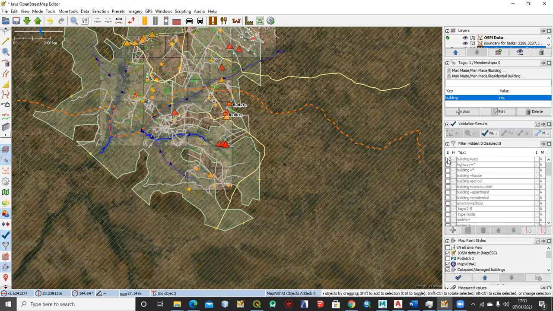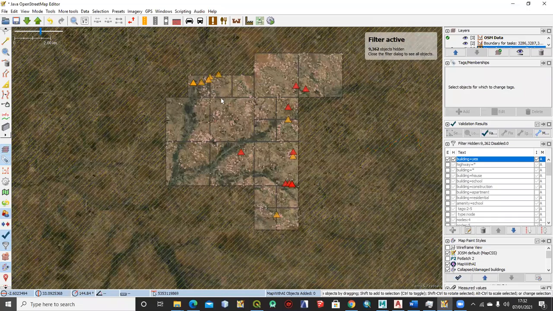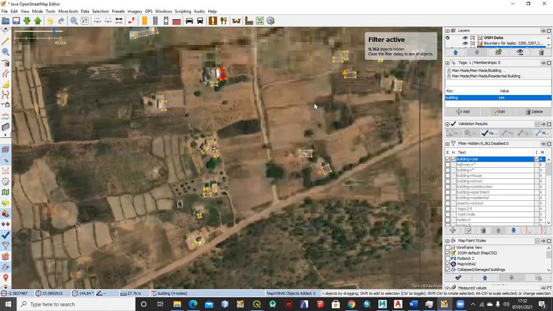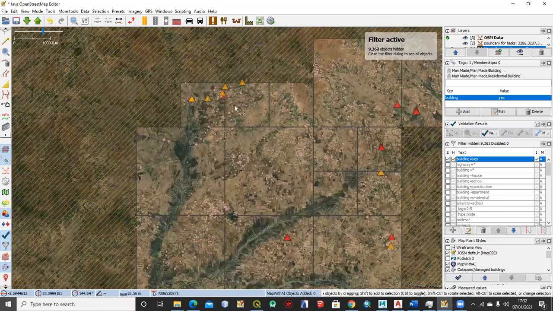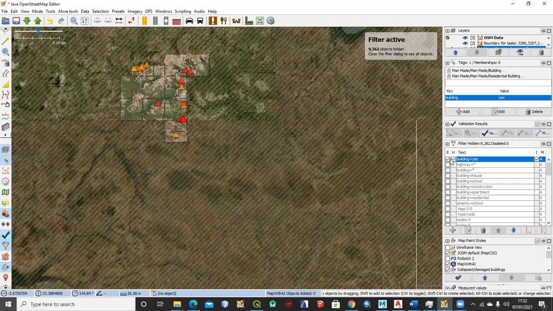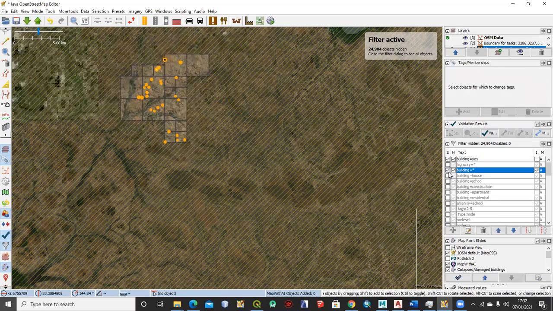When you check this building, yes, it will give the option of all building in the map. So because I need to access all building in this data, I have to check building is equal